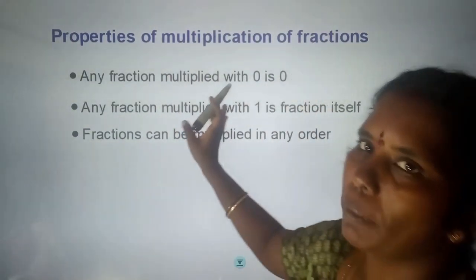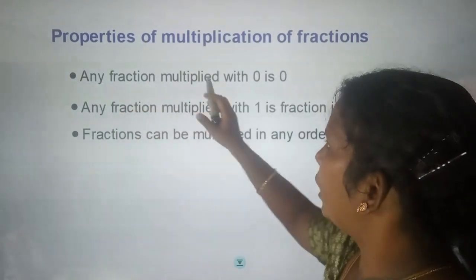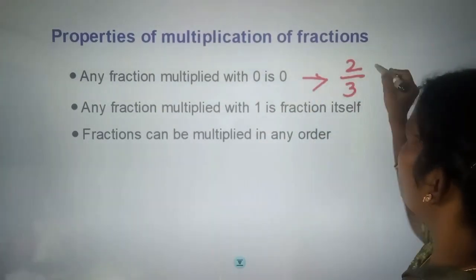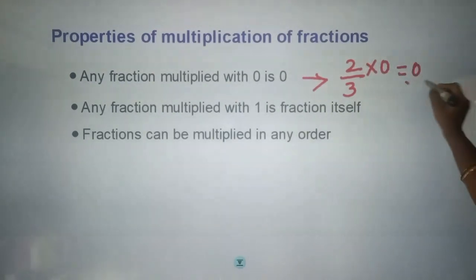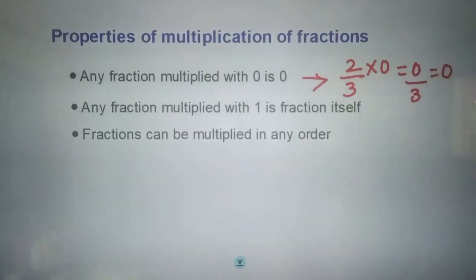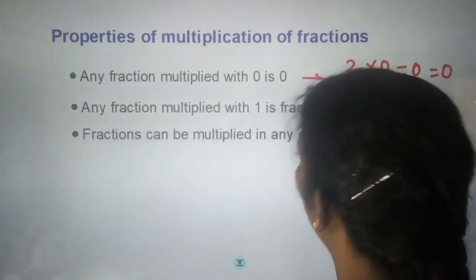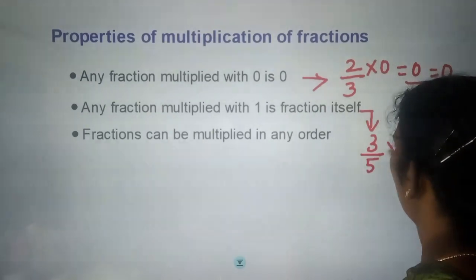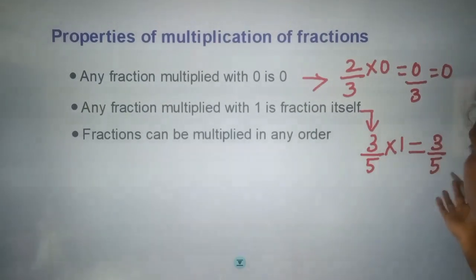Fractionsல நம்ம இப்போ multiplication பார்த்துட்டு இருக்கோம்லமா, அதுக்கு சில ப்ராப்பர்ட்டிஸ் இருக்கு. 3 properties, basic properties. Any fraction multiplied with 0 is 0. That is 2/3 இருக்கு. இந்த நம்பரை நம்ம 0 கூட மல்டிப்ளை பண்ணா 2 into 0 0. 0 by anything 0. Is it clear now? The same way, any fraction multiplied with 1 is the fraction itself. That is 3/5 into 1. Here 3 into 1 is 3/5. The same 3/5 will come. See, the same 3/5 will come here.